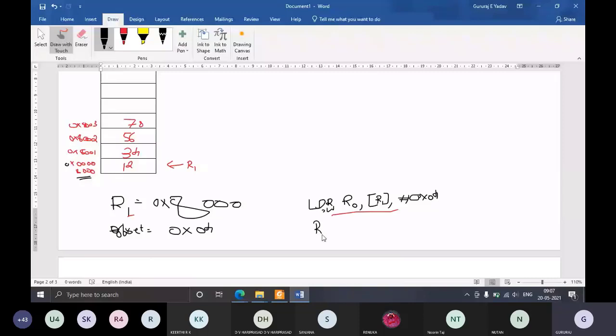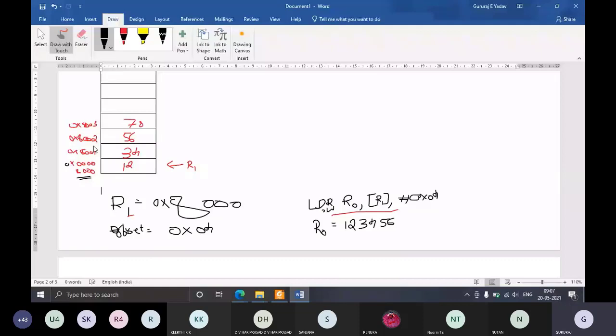So what is the content of 0x8000? It is 12, the first 8 bits. The next 8 bits is 34, at the next location 0x8001. The next location is 0x8002, so the data is 56. This is hexadecimal data. And the next location is 0x8003, which is 78.